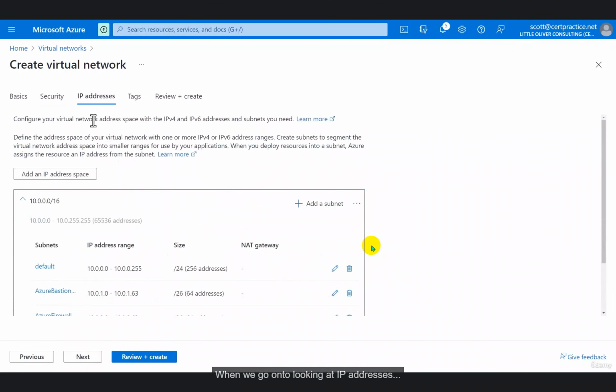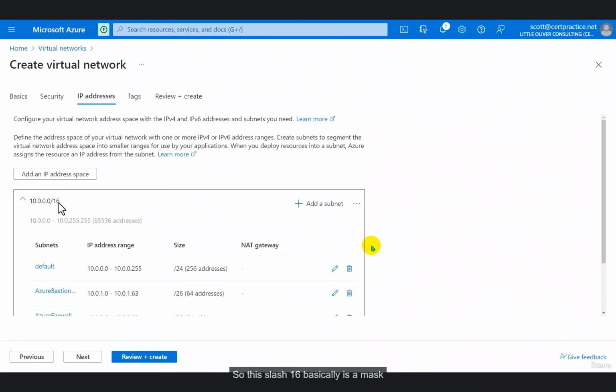When we go on to looking at IP addresses, this is quite important. The IP address range of a virtual network can be changed after you start with a number of private IP addresses that are available for use. And then you can, again, add to it if you need more. This space here, this 10.0.0.0/16, that's called CIDR notation, CIDR. And it's basically a bitmask that will allow you to determine how many IP addresses are in this range. And we can see a clue underneath where it says 10.0.0.0 to